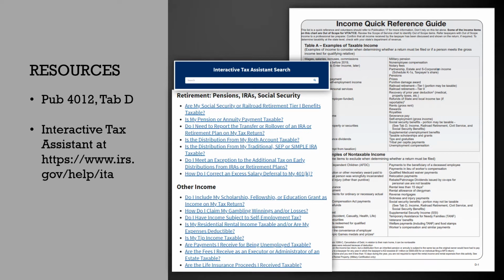You can see that there's a section there for retirement, pensions, IRAs, and Social Security. Some of those will help you know if those items are going to be taxable. And then under other income, there are some more tax assistance that will help you determine if that particular type of income will be taxable.